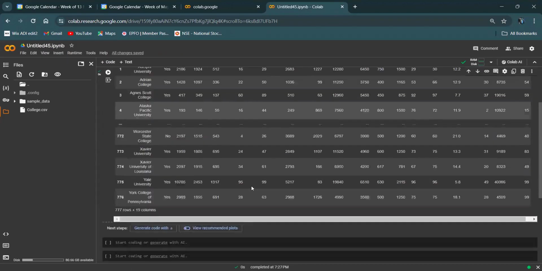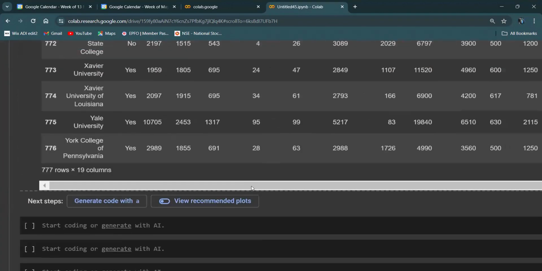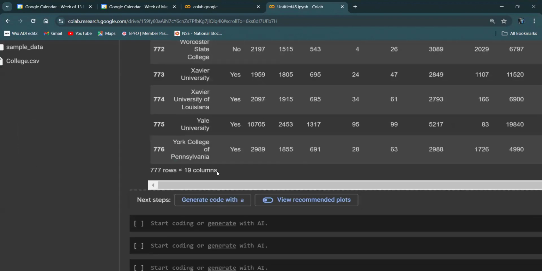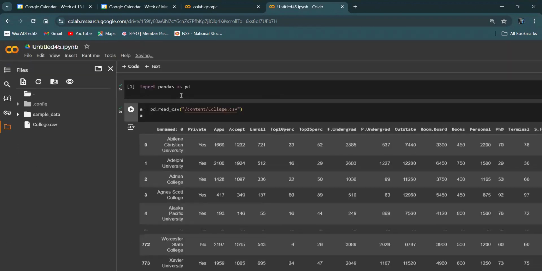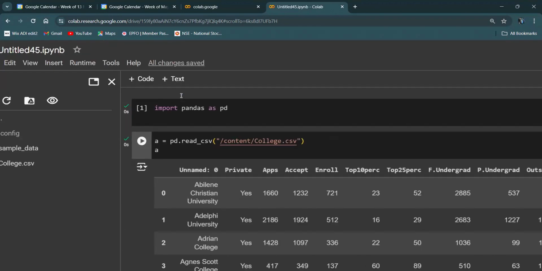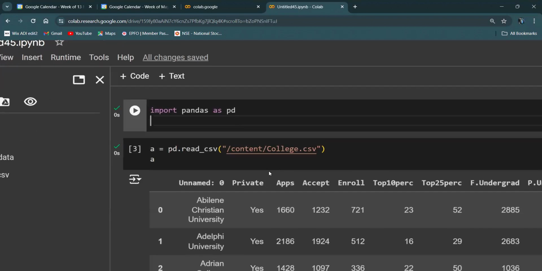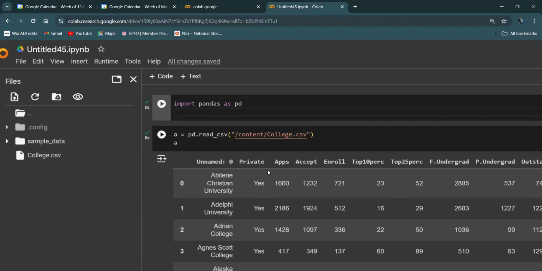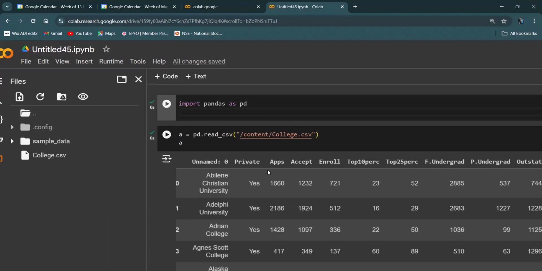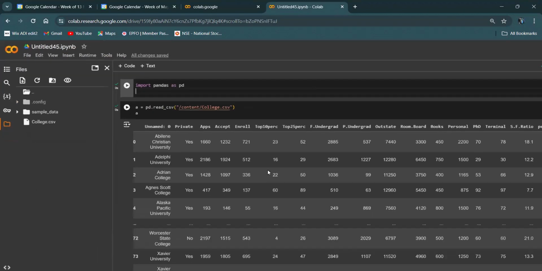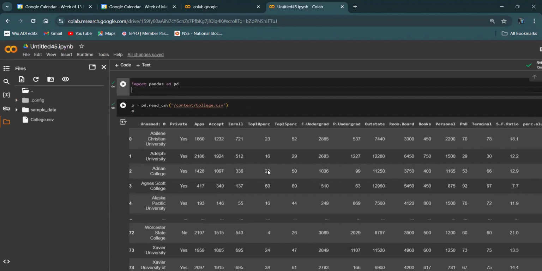This is how you will be doing the project. There are 777 rows and 19 columns. So import pandas as pd and the college CSV file. This is how we will import the data. Whether you write the code here or in Jupyter Notebook, it is the same way.